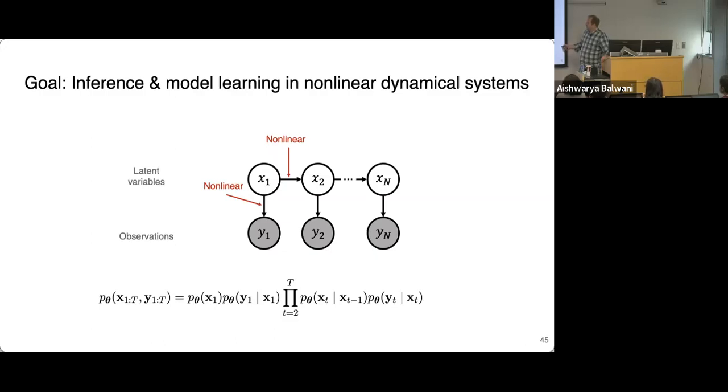And then finally, the mapping that we have from states to observations, in this case, we'll typically assume a linear readout of the underlying voltage just with some additive Gaussian noise. But in general, you could imagine nonlinear measurement models. And so we'd like to have tools that work not just for Hodgkin-Huxley, but generically to perform inference and model learning in nonlinear dynamical systems like what I've shown here. And remember, these models really correspond to a joint distribution over the latent variables X, the observations Y, and just specify how that factors into a product of conditional distributions.